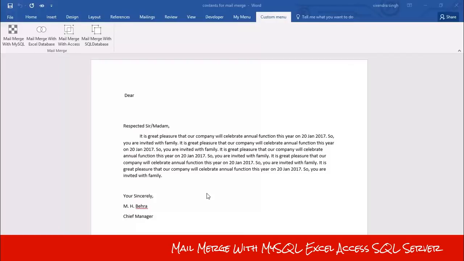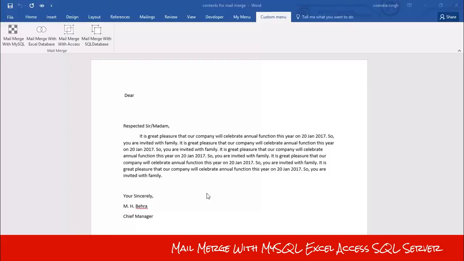Today I will show you how you can create and use the custom mail merge function of MS Word and how you can customize it according to your requirements and convenience. As you know, mail merge is a function of MS Word, but it can be complicated for beginners and non-professional users of MS Word. I tried to make it easy.